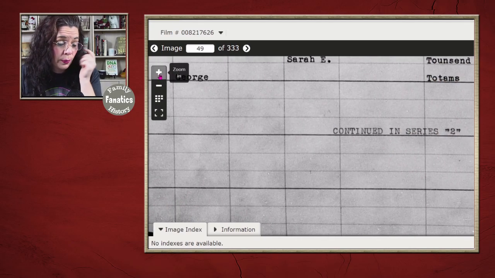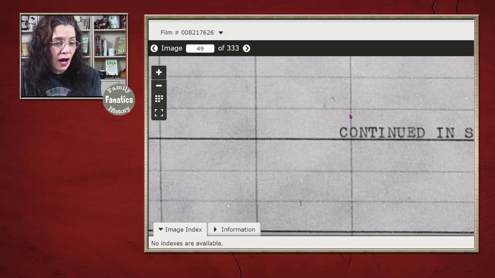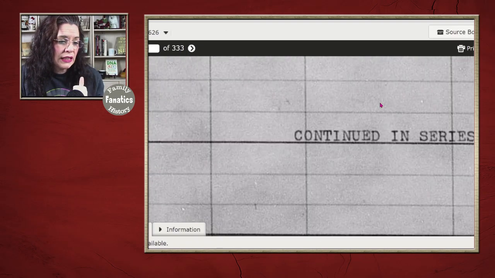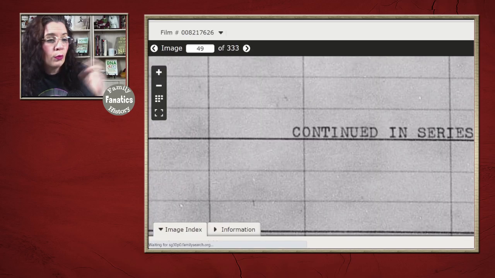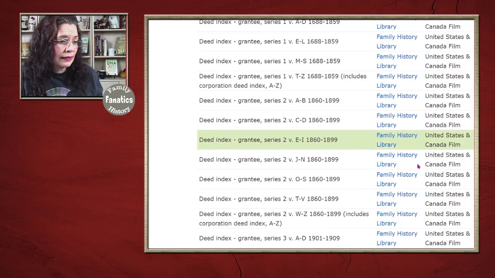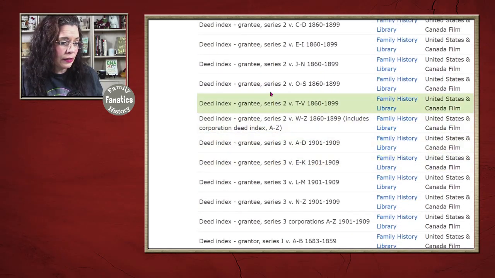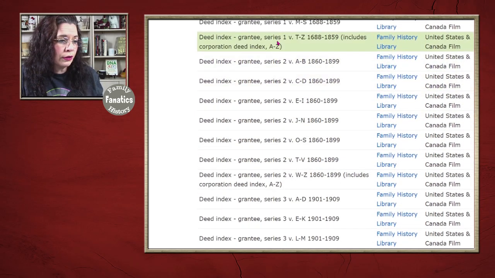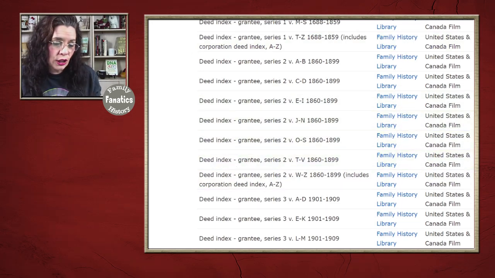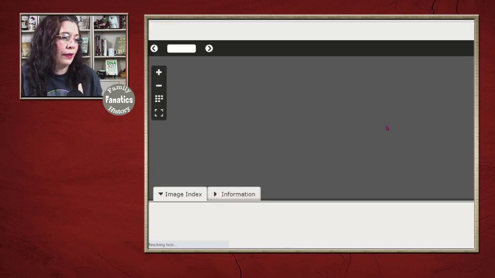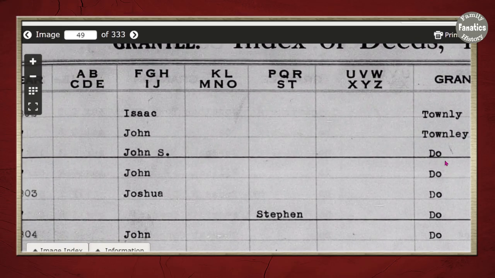But what I wanted to point out to you, at the bottom of this page, notice it said continued in series number 2. Well, if we go back to the index of the indexes, we had series number 1, as we were looking at, and series number 2. So it's telling you if you want to continue with those last names, you pop down there. So here we have the Townley,